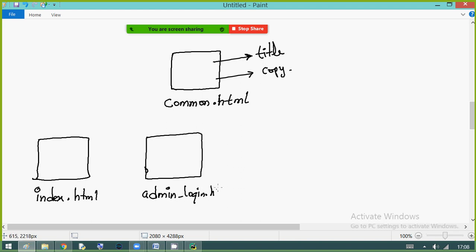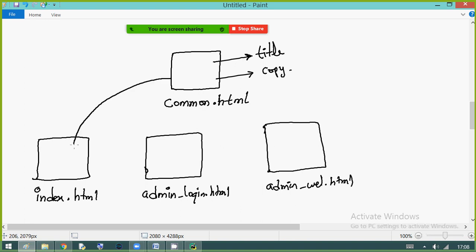Or the admin welcome page after successful login, welcome.html. From this common.html, I am going to inherit into these pages.